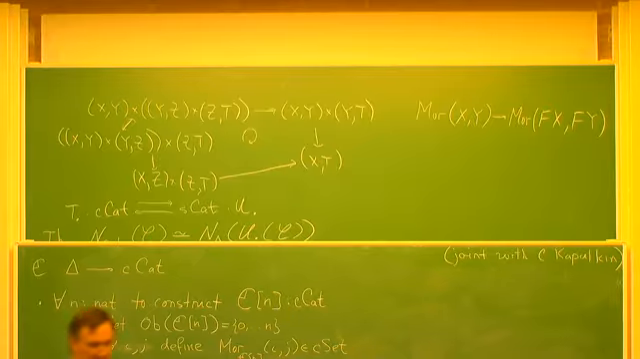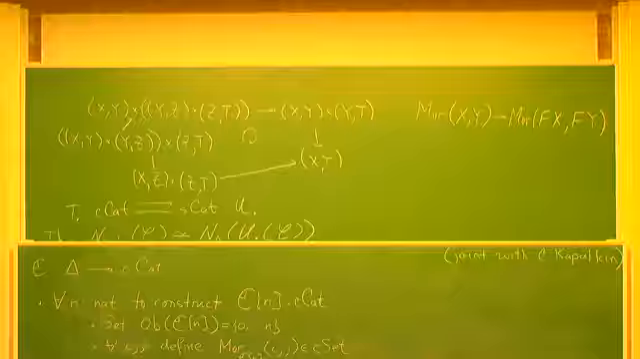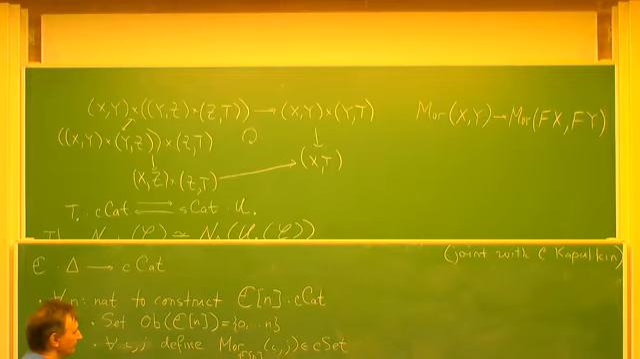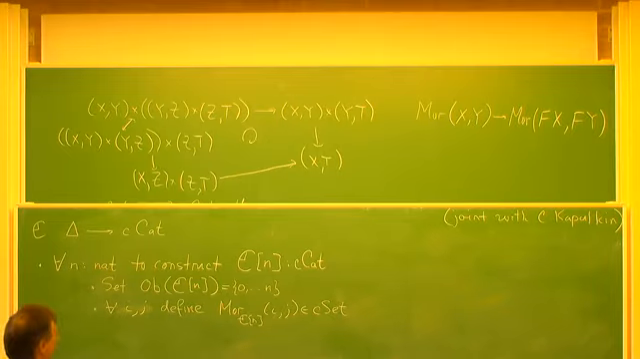So I need to define a cubical set for each pair i, j between 0 and n. I need to define a cubical set. So we define it as follows: